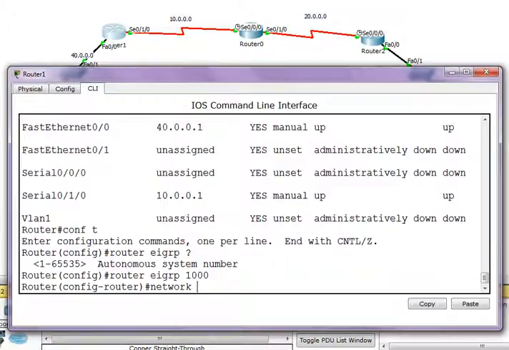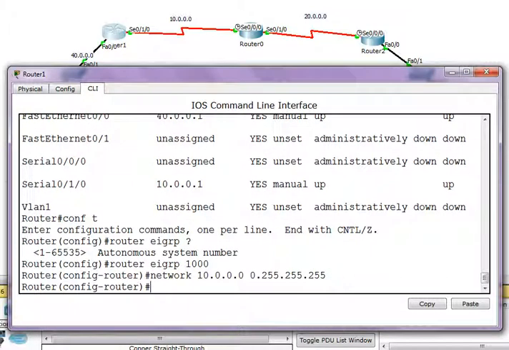I go to the router again and type network 10.0.0.0. As I mentioned, next we are not going to put the subnet mask like an IP address. We are going to put the wildcard mask, which is the opposite of the subnet mask. So it will be 0.255.255.255. That's all we are going to put.